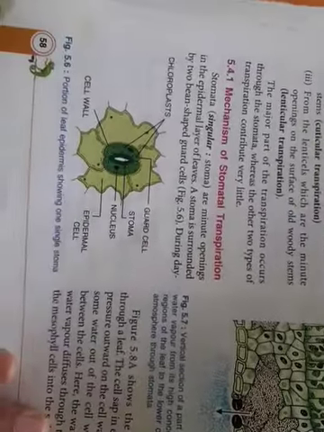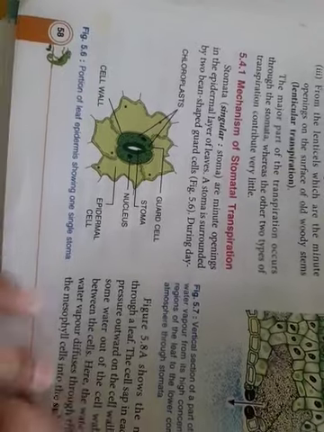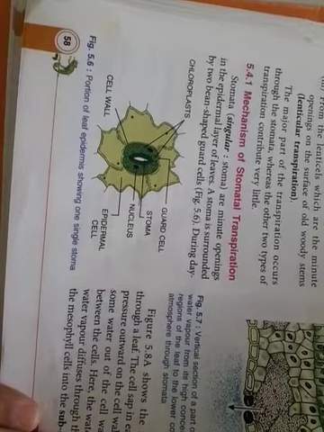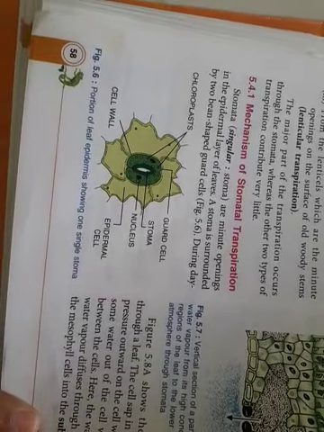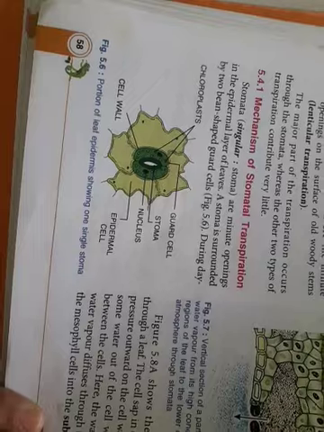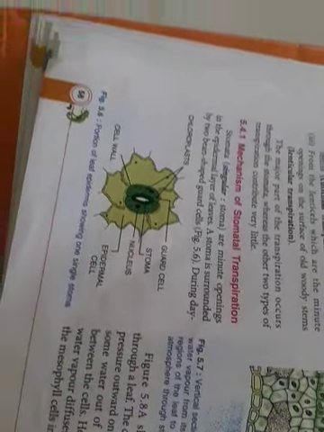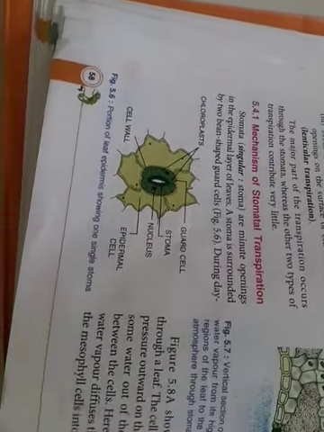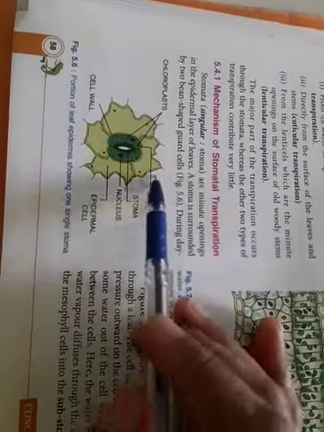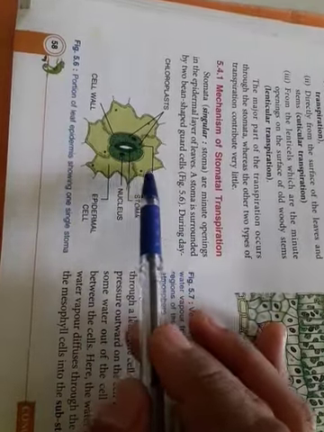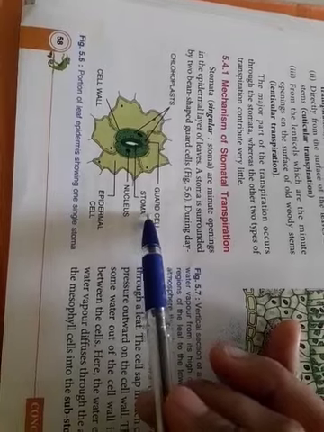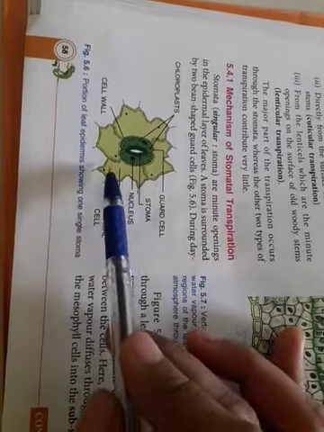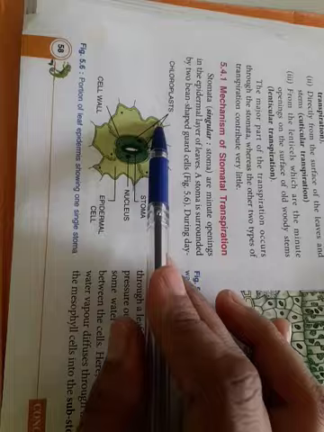So let us first see what stomatal transpiration actually is. You are very familiar with the diagram of the stomata, right? Stomata is plural, stoma is single. The stomata are minute openings on the epidermal layers, the outer layers of the leaves. This stoma is surrounded by two bean shaped cells, which are the guard cells. This is the stoma, the nucleus, the epidermal cell, the cell wall and the chloroplast.